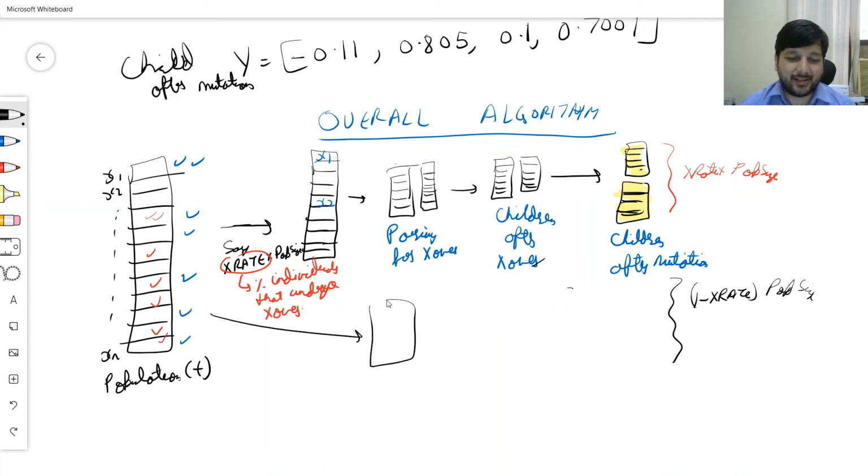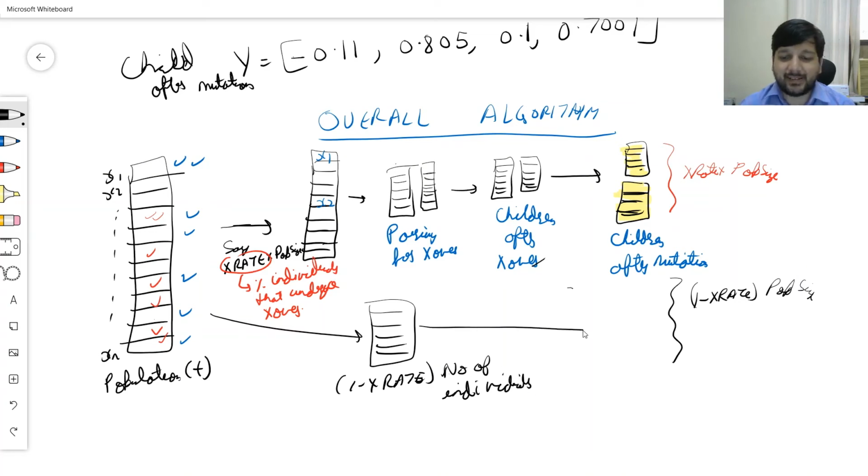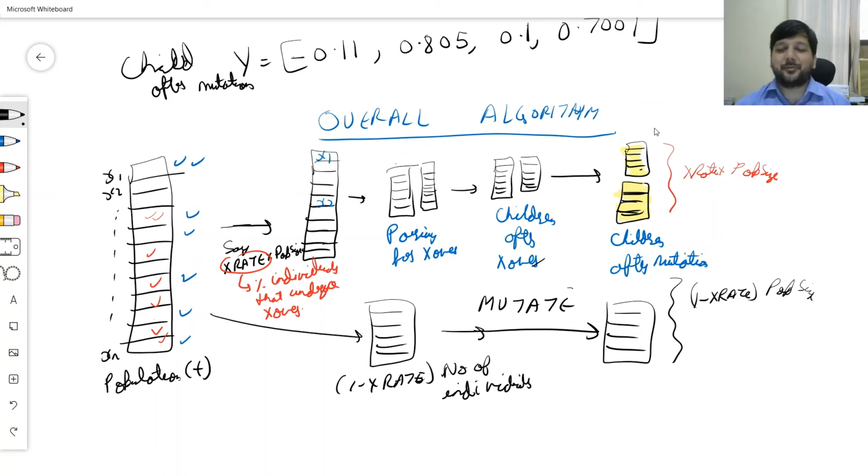So these are 1 minus crossover rate, so 30% times number of individuals. And they get directly transferred after mutation. So I mutate them up. And they become the new population. So that's population at time t plus 1.